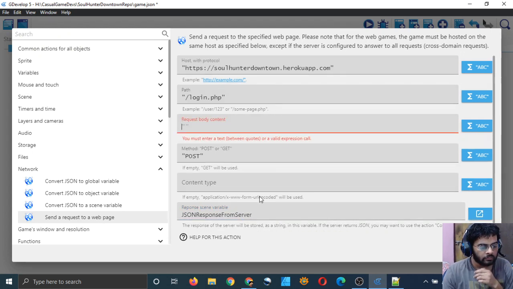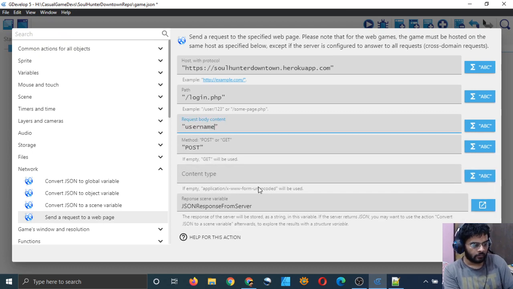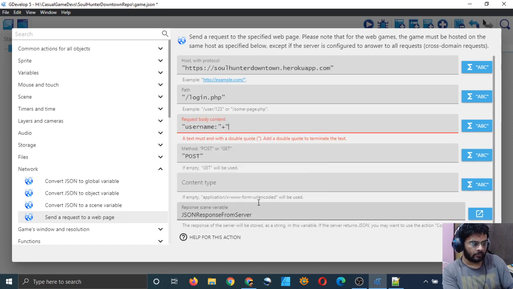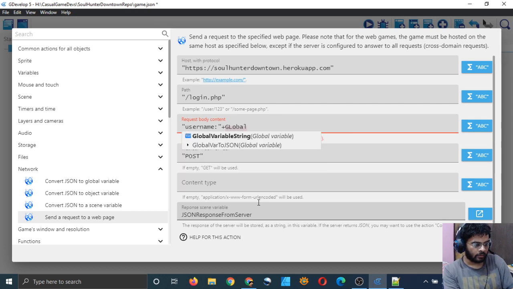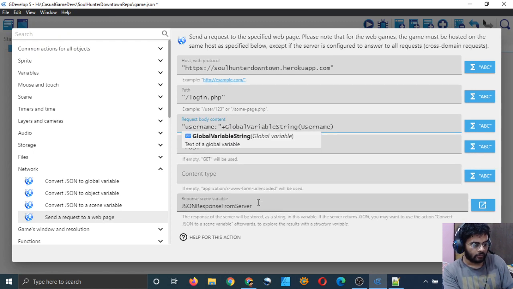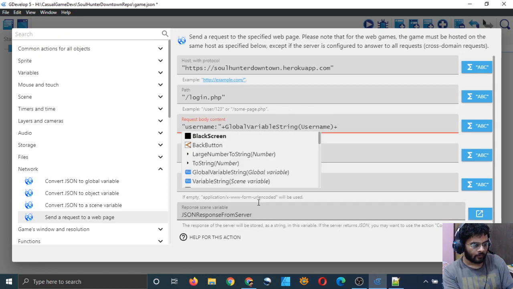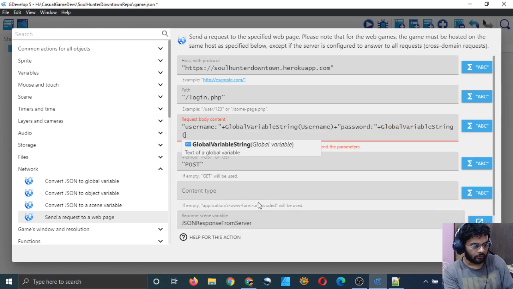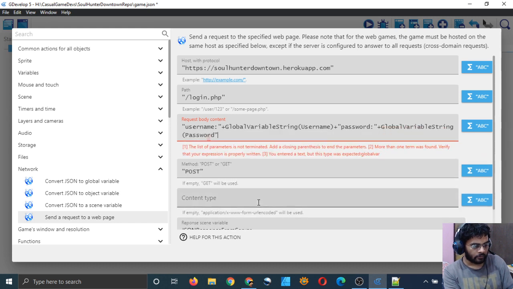I will simply add the username plus a global variable, and the global variable is username, I guess, plus password, plus the global variable string, which was the password itself.